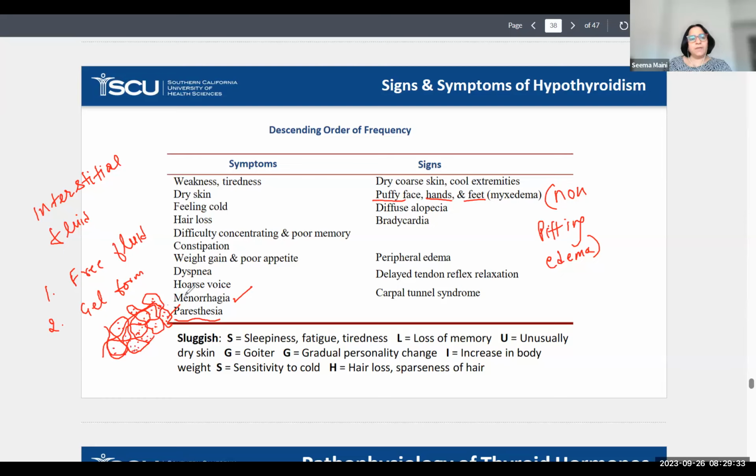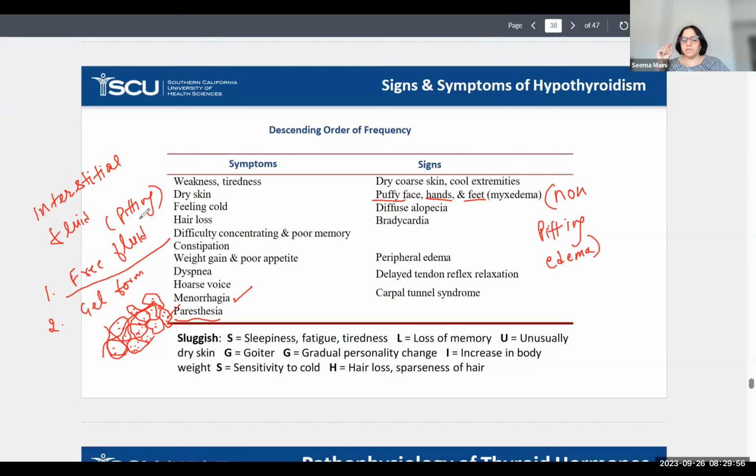So there are two kinds of edema. There is edema related to cardiac failure, renal failure, liver failure. When there is excess fluid in the body, then you will have an increase in the level of free fluid in the tissue space, and the patient will have pitting